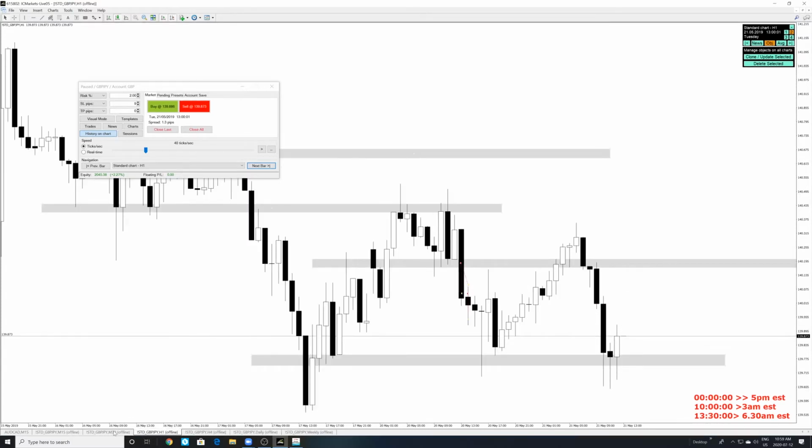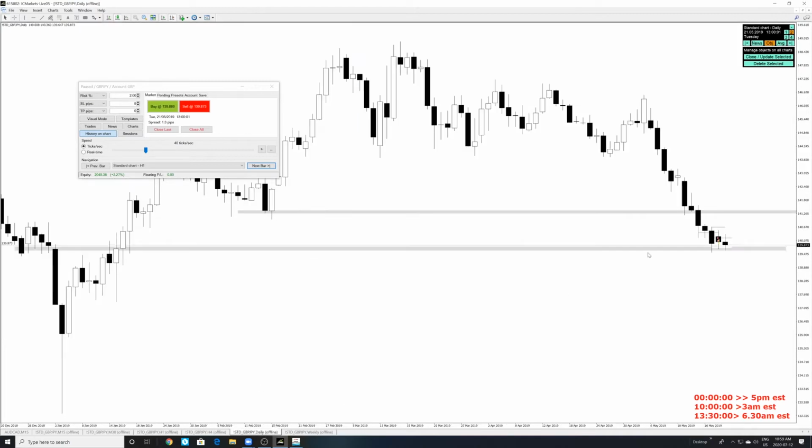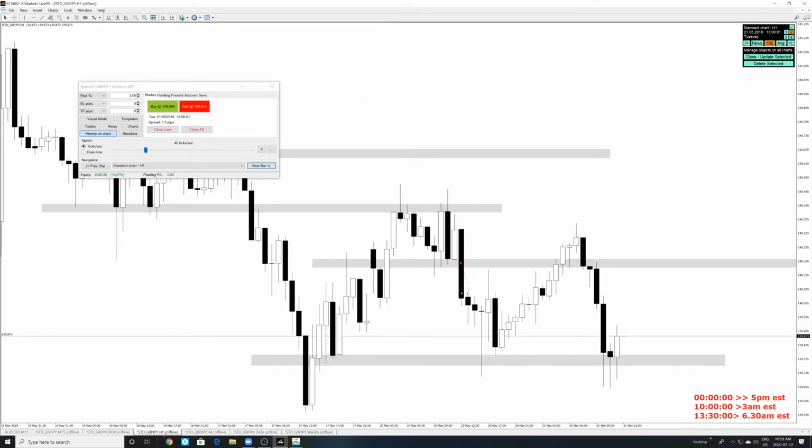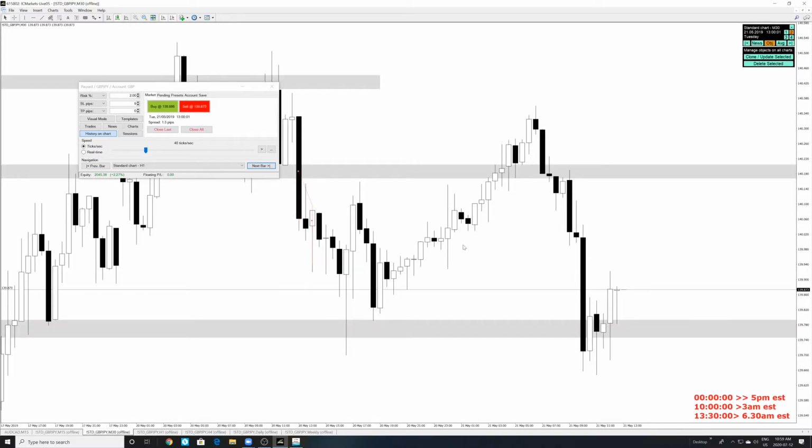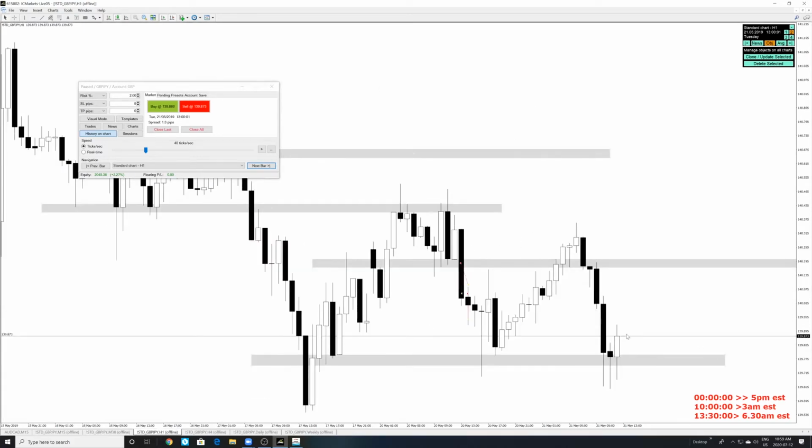Now, there's this one concept I've been working on, and that concept is that if price is bouncing on a higher time frame support, then it will break the lower time frame resistances, right? So what I mean by that is there shouldn't be any resistance here, because if price is going to go up, it has a very high probability to go up because you have clean candles coming down. So I think there will be the same clean candles moving up. We have a 32 pip range over here, and I think the stops are going to be around 20 pips, something like that.